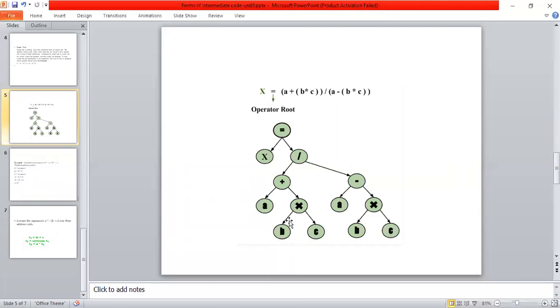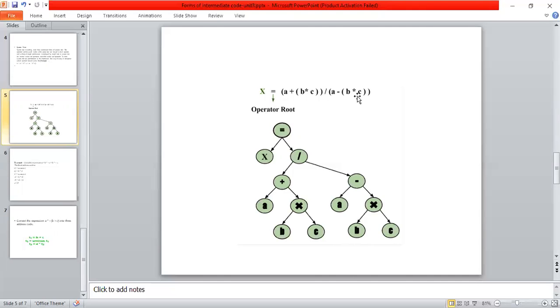After multiplying these two values, we add to a. So this entire value plus a. Again this intermediate node is called the operator. This entire value is available in the left child, and this left value is divided by the right value. Before going to the division, I should calculate my right value. What is the right value? Here I have b into c.